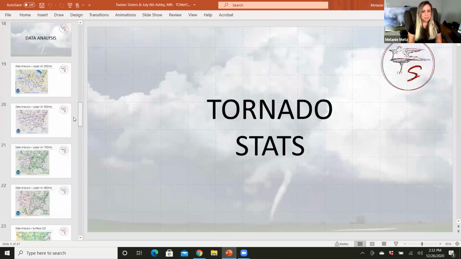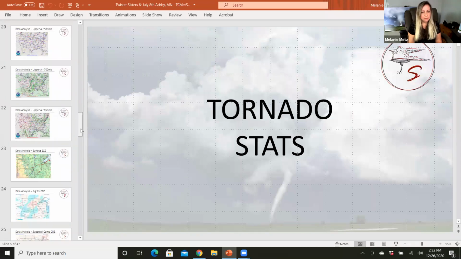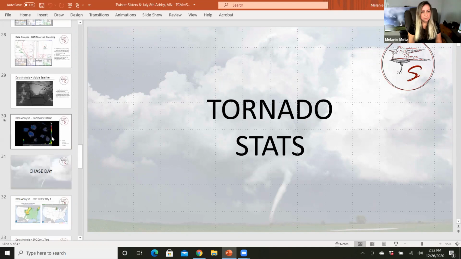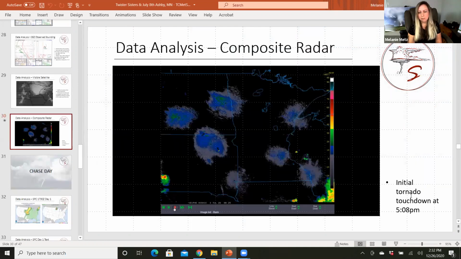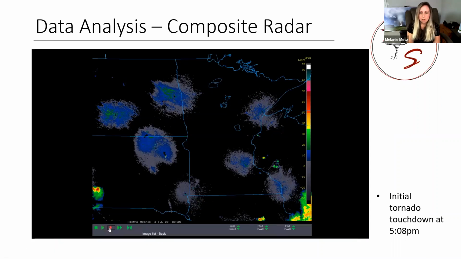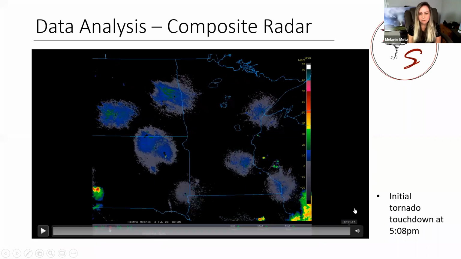As Jessica was saying, that outflow boundary is really one of the key factors from this day and what created this incredible tornadic supercell, because it provided more of a warm front situation, and we had the intersection of boundaries and the mesolow present. All these things started to come together for an incredible storm.